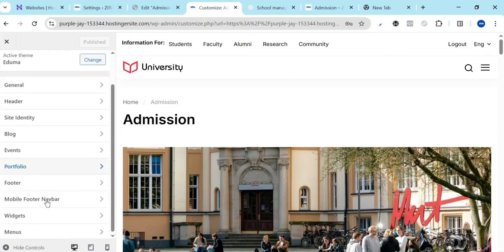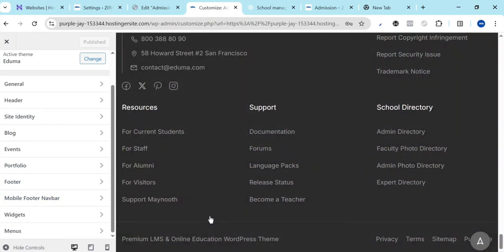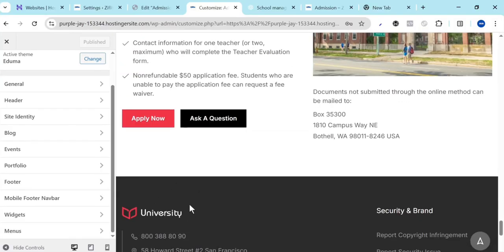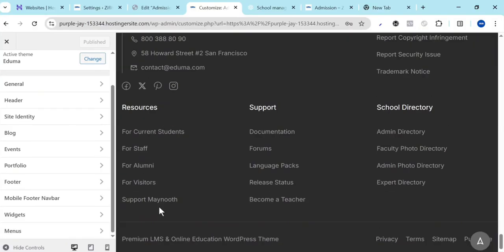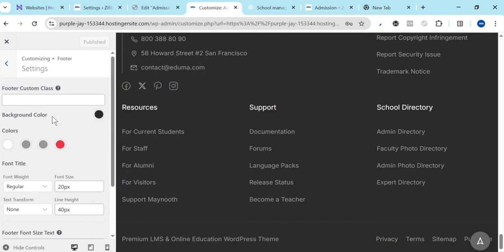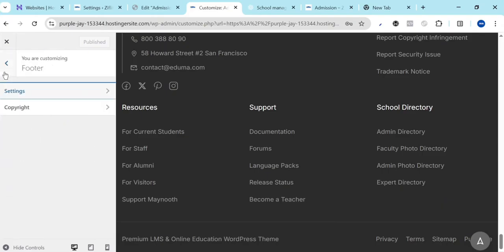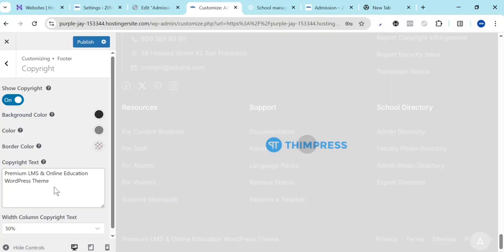Okay, so now there are a few things you want to take note of when it comes to customizing. It helps you customize the theme to give your personal feel and all. Now you have your footer here. All right, under the footer you have your settings, right? You could change the settings as a background image and all, but that's not important for me. Under the copyright, you could click on show copyright. Now the copyright, you have premium. This, what we want to do is we want to write